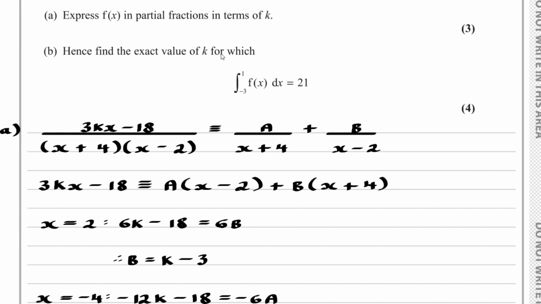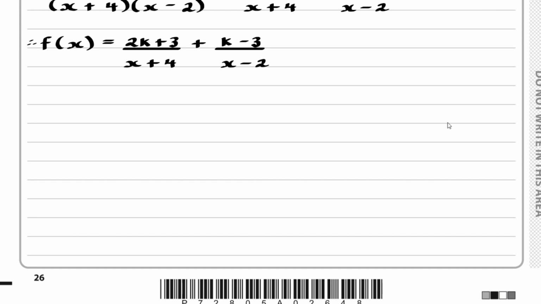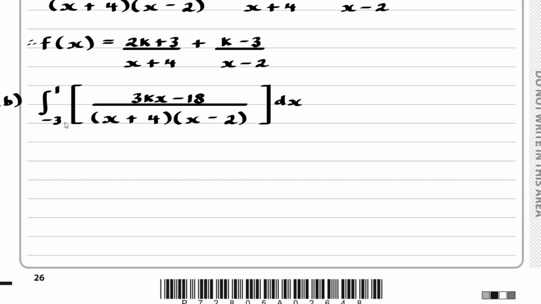Part B, hence find the exact value of k for which the integral from negative 3 to 1 of f of x with respect to x is equal to 21. So for part B, we've got the integral from negative 3 to 1 of 3kx subtract 18 over x plus 4 times x subtract 2 with respect to x. And if I replace the